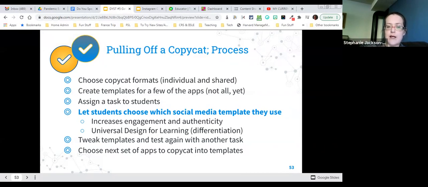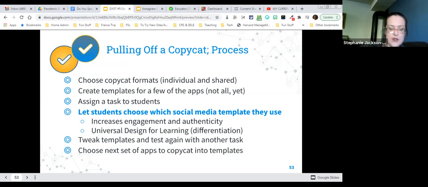Not only is that going to increase engagement and authenticity because the students are choosing what is more authentic to them, it's also going to hit that differentiation piece. It's one of the pillars of universal design for learning that students get a choice in how they demonstrate their learning.